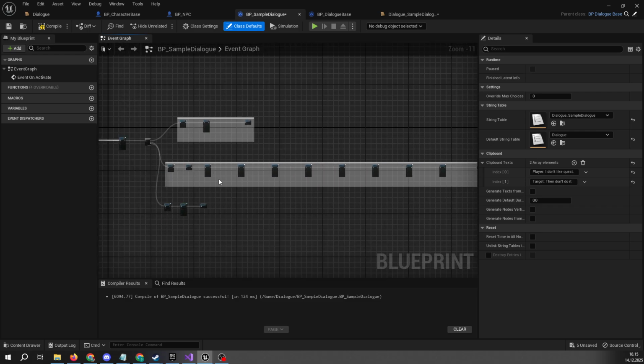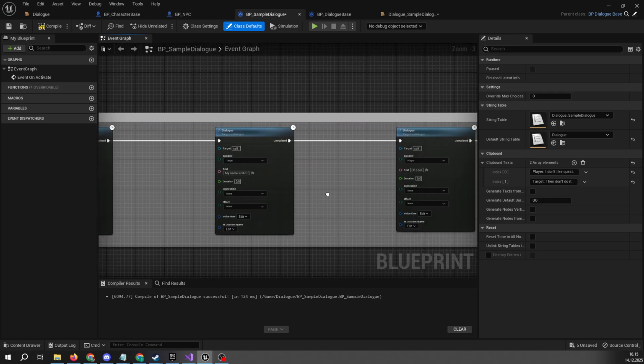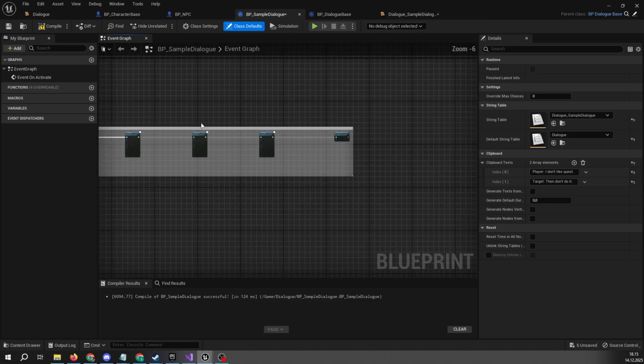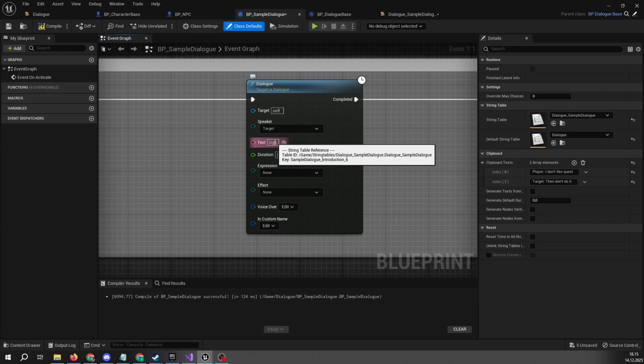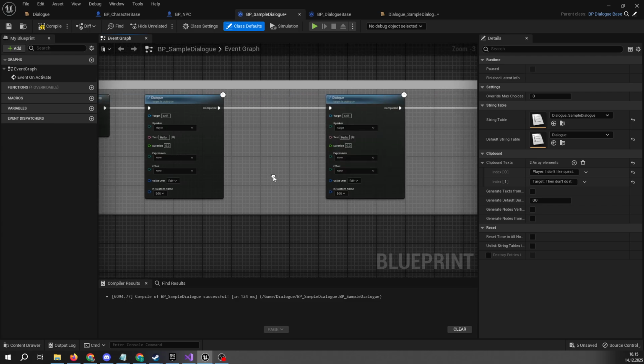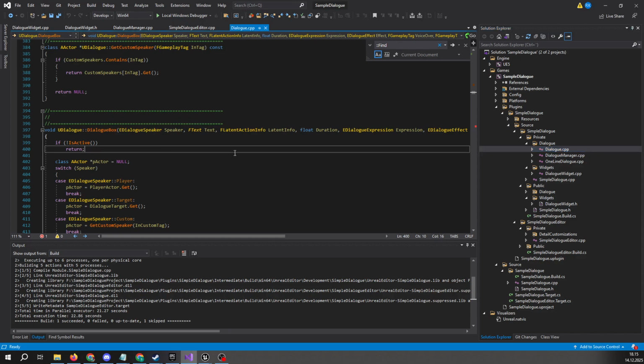So yeah, at least I have found it very useful to be able to generate these keys here, and I feel it's a lot more organized than just having random keys generated for the text. So that's about it for the two functions. The actual functions that do that are here